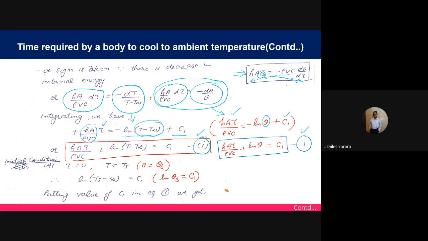But in this particular case, there is nothing related to the space coordinate, because if you talk about the solid body, we are already saying that the temperature is constant throughout the solid body. There is no temperature difference between the center of the body and the surface of the body. So no temperature gradient exists in the solid body. Here we need to apply some sort of initial condition. There won't be any boundary condition, but we can apply the initial condition.